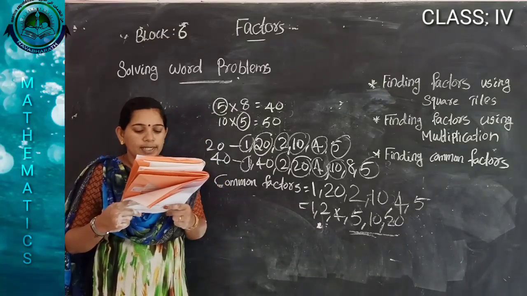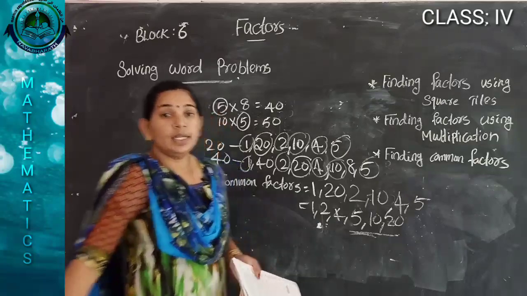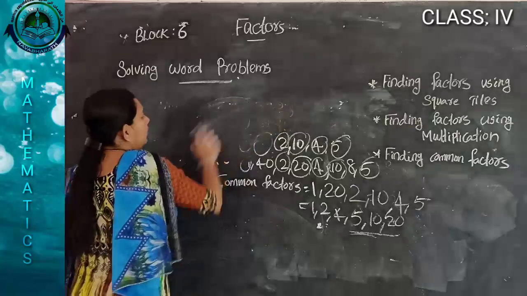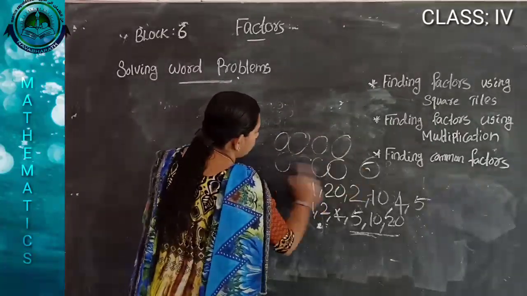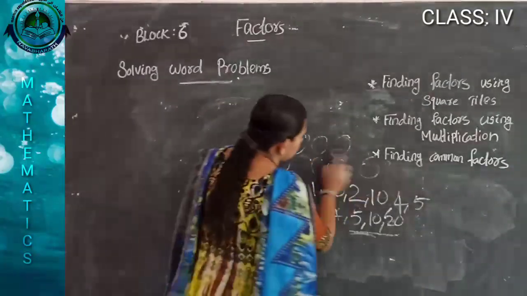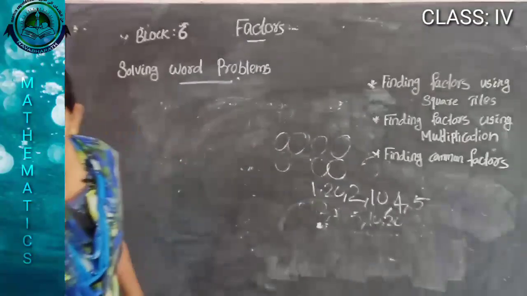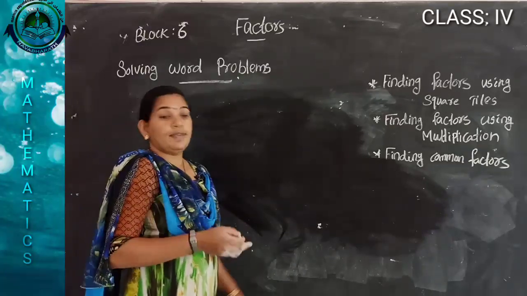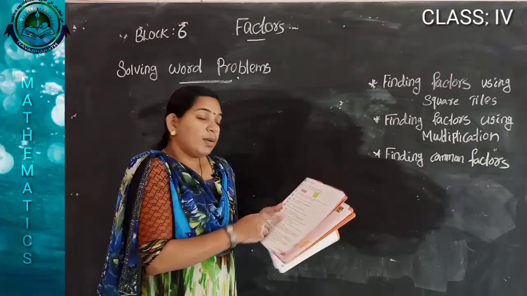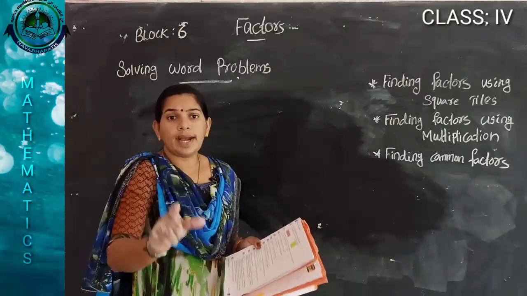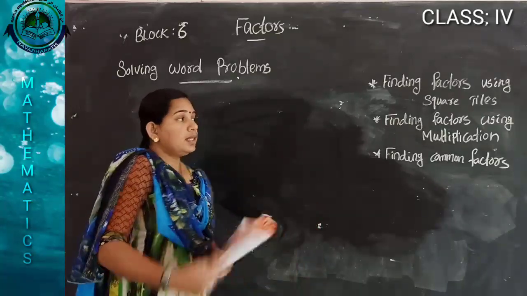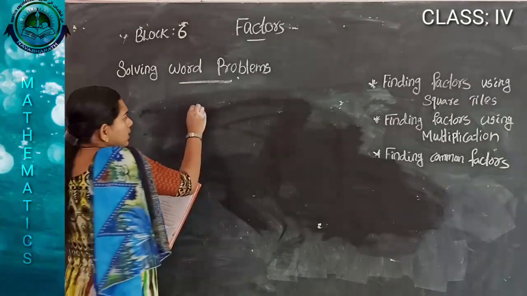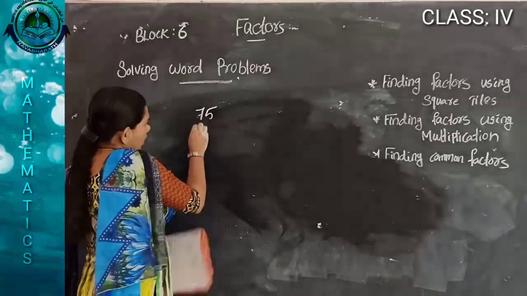Then there are no common factors of 75 and 100. We will check it. What are the common factors of 75 and 100? Say really it's false. We know that 1 is the common factor of all numbers. So the third statement is false. Then we will check whether there are more than 1 factors or not, for 75 and 100.